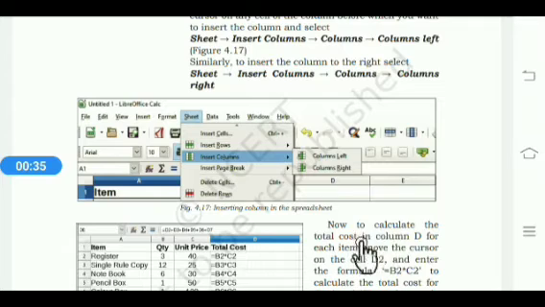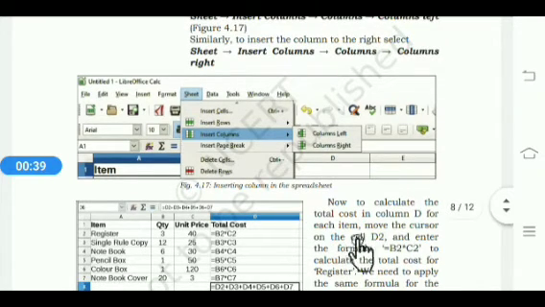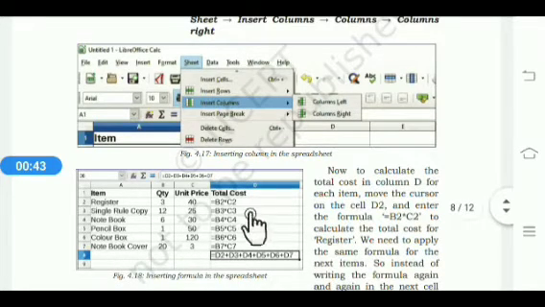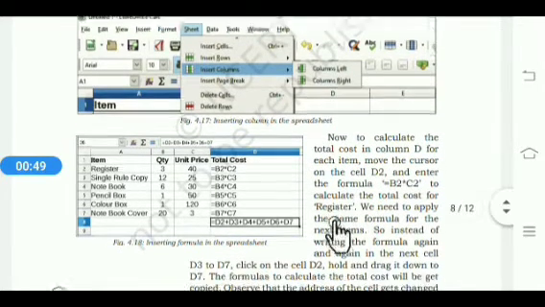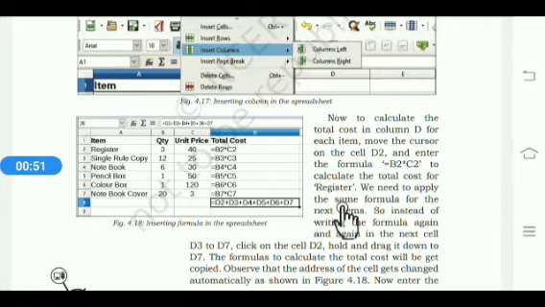Now to calculate the total cost in column D for each item, move the cursor to cell D2 and enter the formula equal to B2 multiply C2. To calculate the total cost for the other items, we need to apply the same formula.